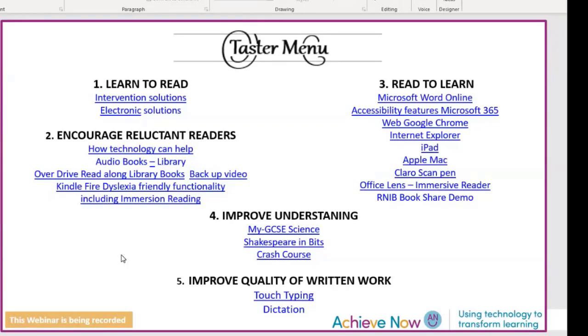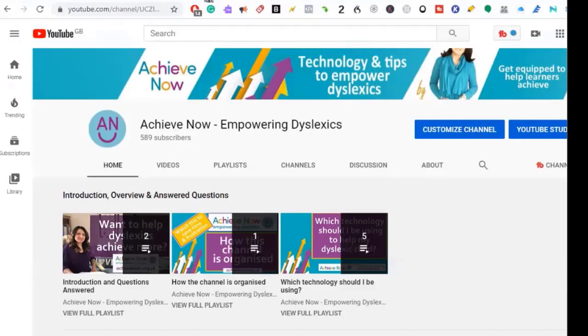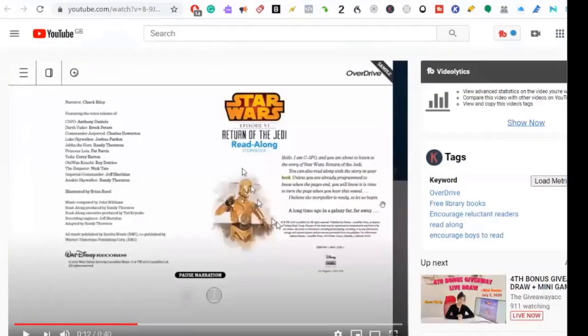Now, I love library books because I love free. And Overdrive do something called read along library books, and your library has to have them in, and you have to be a member of the library. But if they do, they are amazing. And I wish I'd found these when my son was young, because I think I would have got him to actually enjoy reading if I did. And I'm going to show you an Overdrive book,